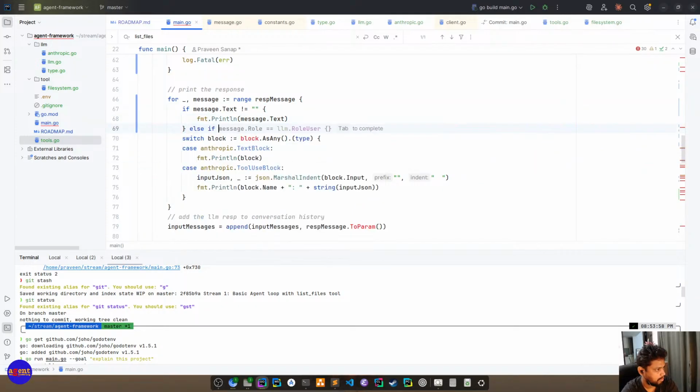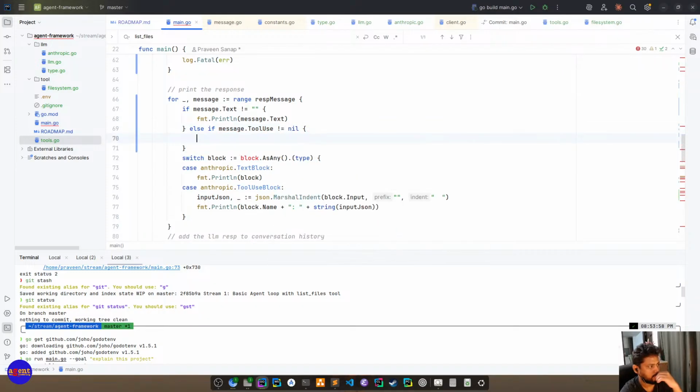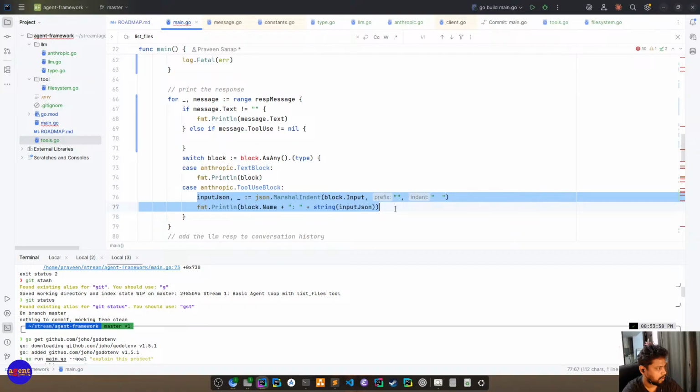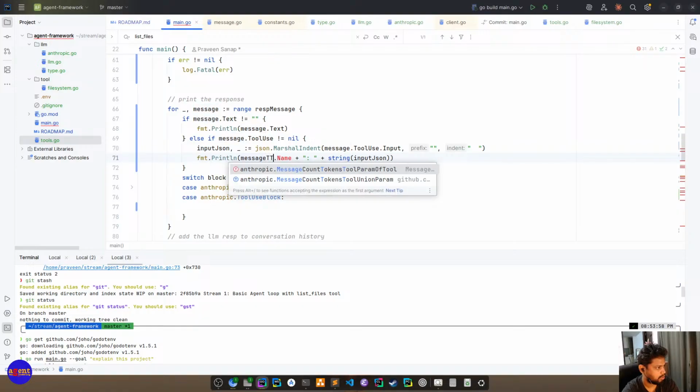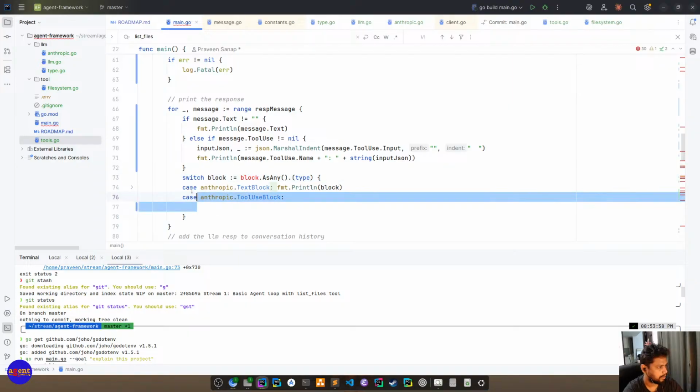And say dot tool use not equal to nil. Okay, here also we are printing, right? Message dot input, tool dot input. Right. Okay, this is gone.